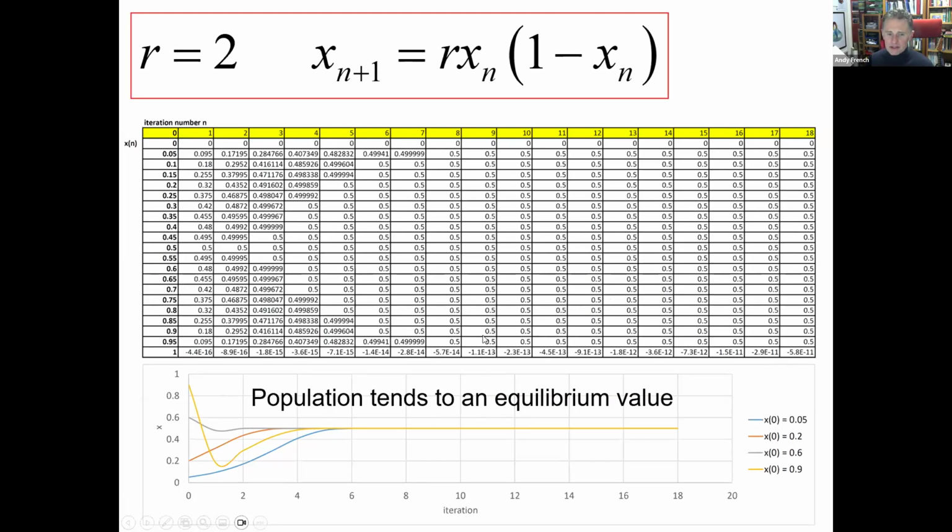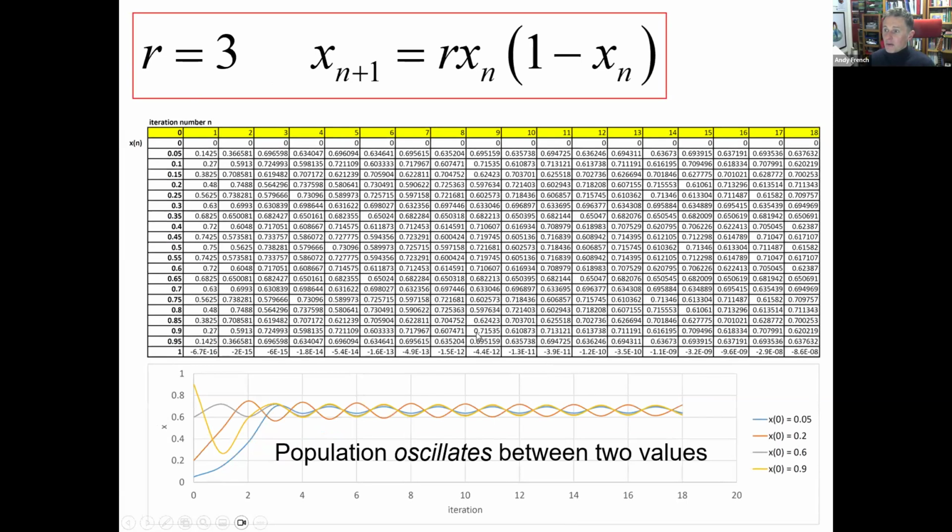All right, what about when r equals 3? Well, now we start to see some interesting behavior. So now we don't have a fixed population at all. It's kind of hard to see, and in my book, I've kind of color coded this. I'm afraid you haven't got those slides. But if you look at the graph, it's easier to see. You can see a sort of oscillation between a high and a low population every year. Interesting. What happens if we keep increasing r?